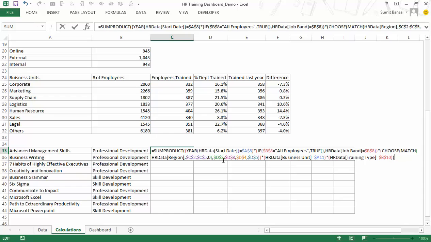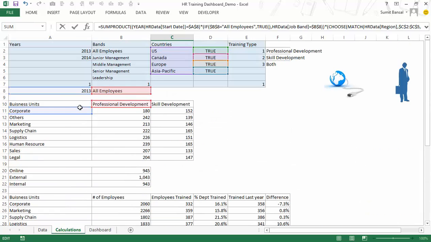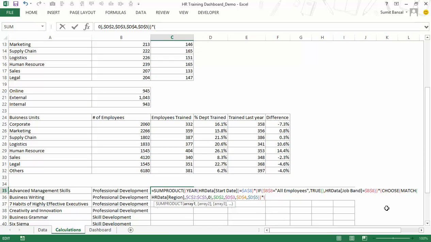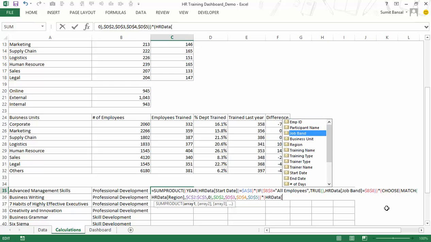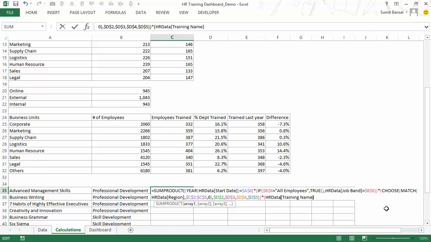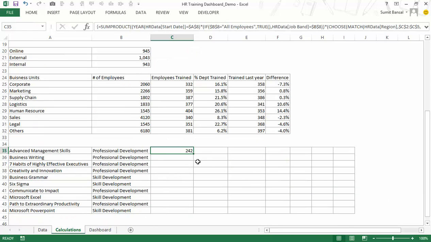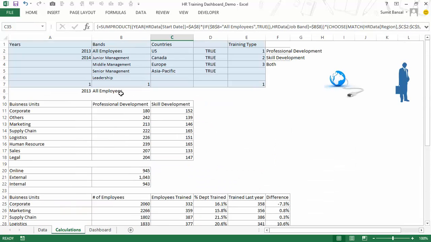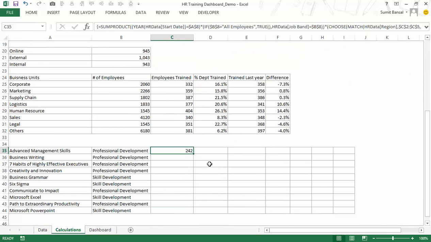I need the region, and I don't need these two. So I would delete the last two conditions and instead add another condition in round brackets. I would type HR data and I would say the training name, and if this training name is equal to the name here, and I would close the bracket and press Ctrl Shift Enter, and it gives me the number of people in these specified conditions, which is 2013, in all the bands in all the countries that have taken